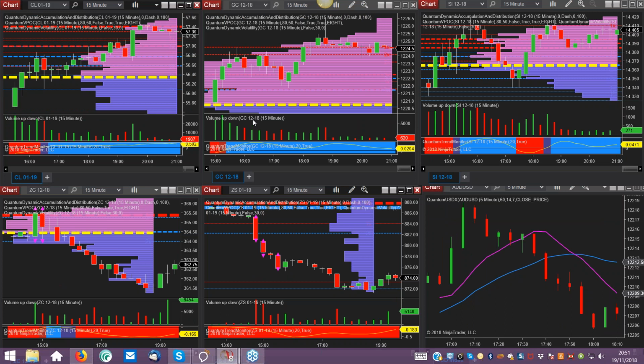And again, that was helped by weakness in the dollar. What's interesting about some of the softs down here, you can see this is corn, this is soybean. They didn't get much pull through from that effect of the dollar, which is quite interesting. And it's always a balance, a little bit like trading in the Forex world, where